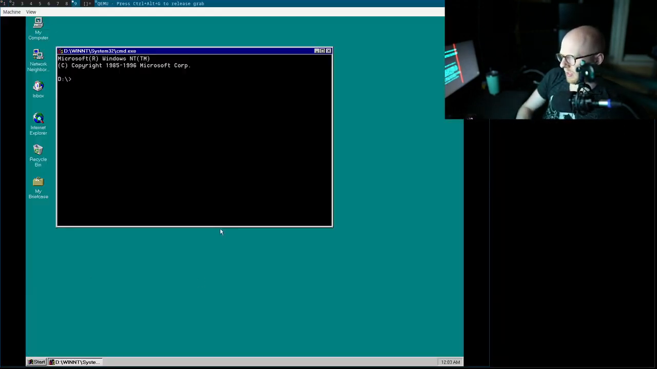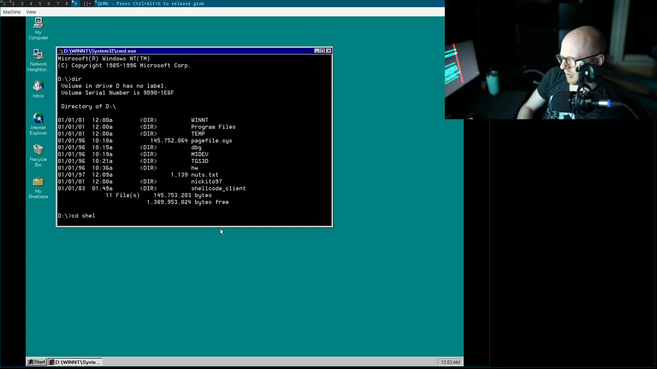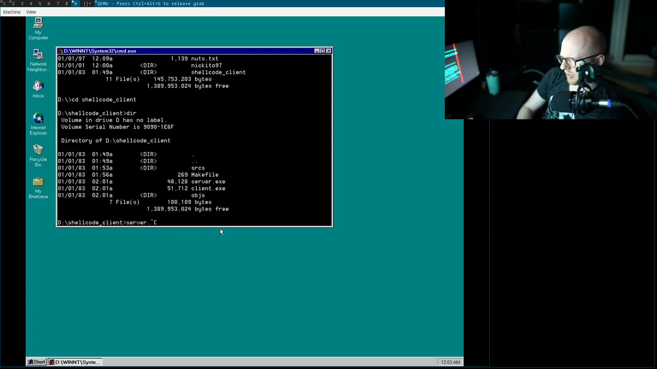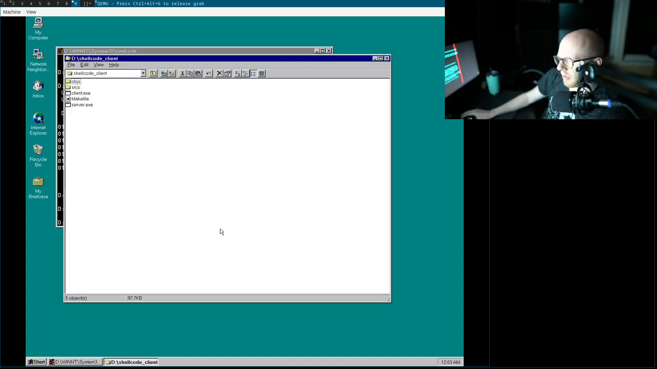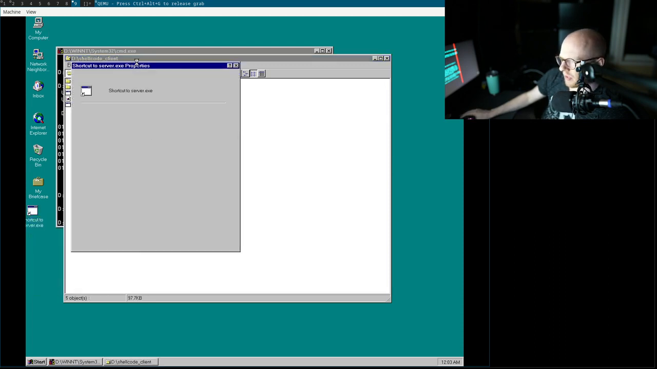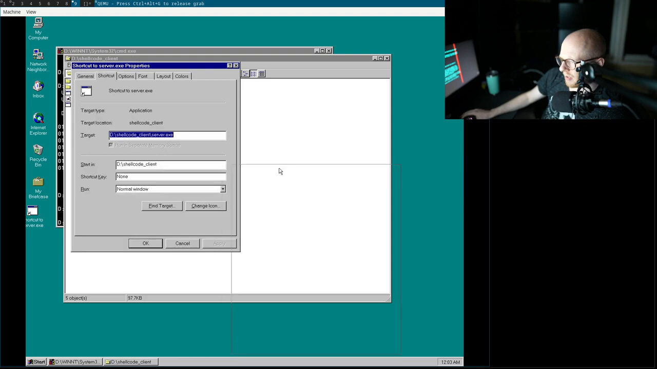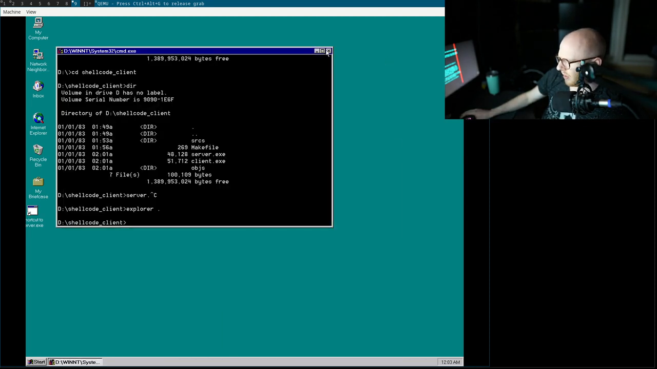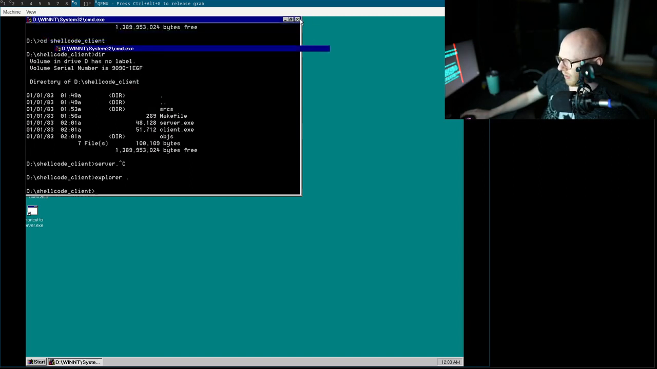Okay, CMD, CD shell code client, server.exe, explorer.exe, send to create shortcut to this, properties. Shortcut target run in that. Okay, fantastic. All right, and then we can go to